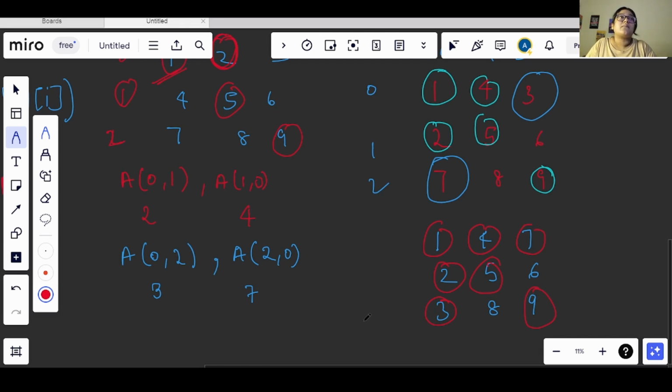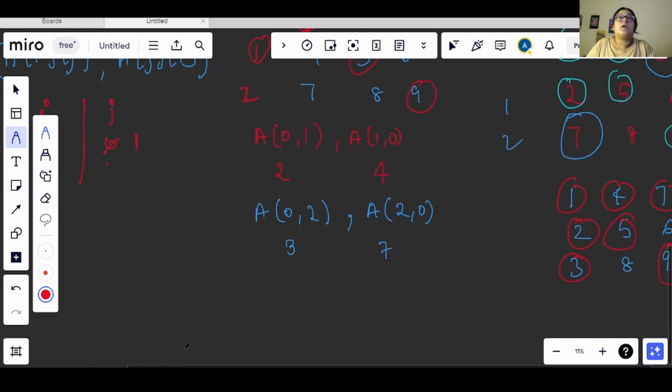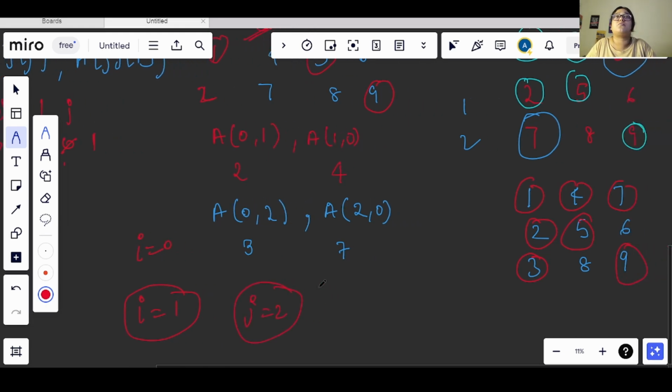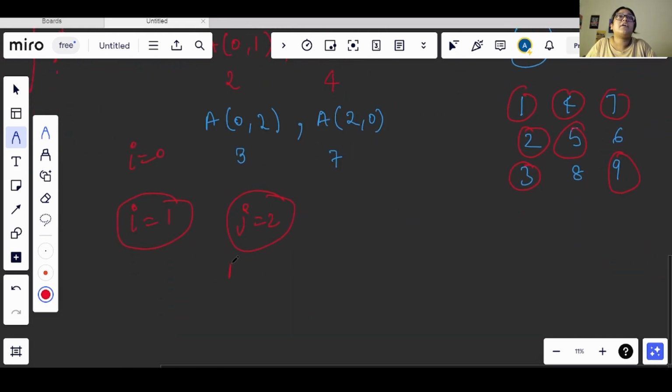Now we have i equals 0 here, and we will go to i equals 1. If i equals 1, then we will start from j equals 2. Now we have A of 1 comma 2 and A of 2 comma 1.